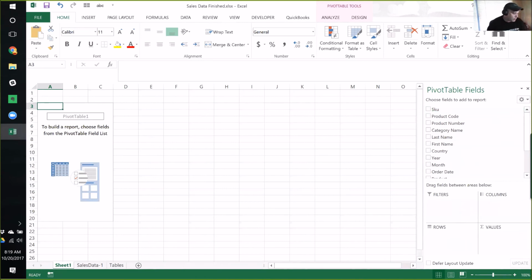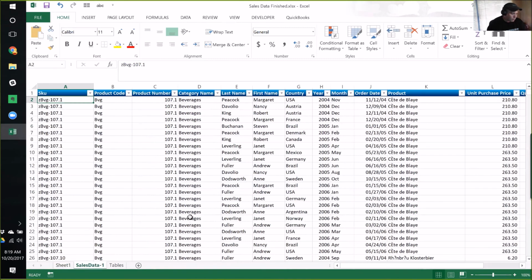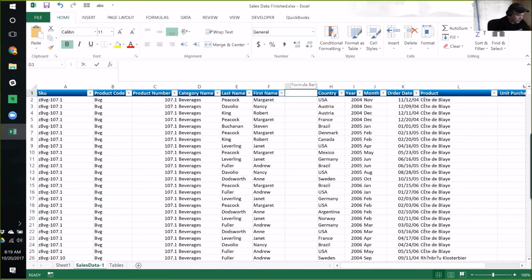Let's do something real quick, because here we have first name and last name, right? And that gets clunky to me. Let's say I want the full customer name in a single field. So this is something we went over last time. I want to combine this into full name. So I want to use my concatenate formula. We talked about this at the beginning of last week. And I want to concatenate the first name, comma,